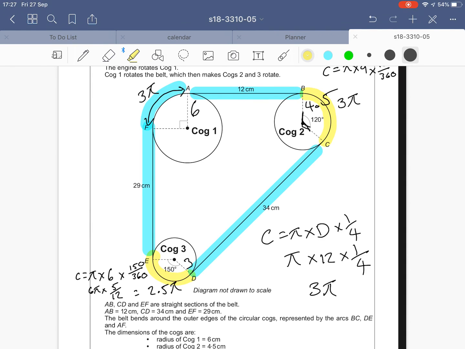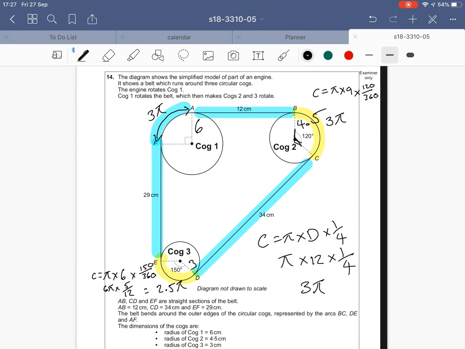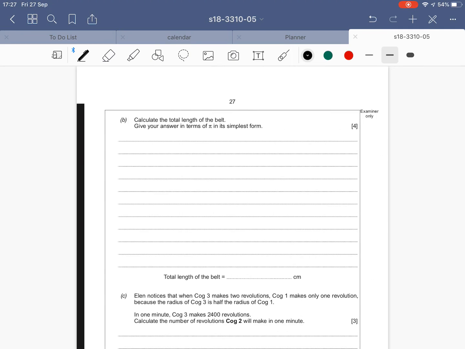We can just add them all up. So I'm going to go on the next page now. So we've got all the pi's first. We've got 3 pi plus 3 pi plus 2.5 pi. Those are all the curved bits. Then we want to add all the lengths, so 12 and 29 and 34. So that should give you 75 plus 8.5 pi. You can't combine those because one has